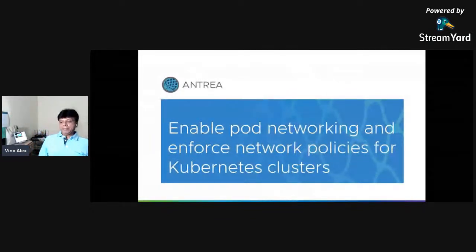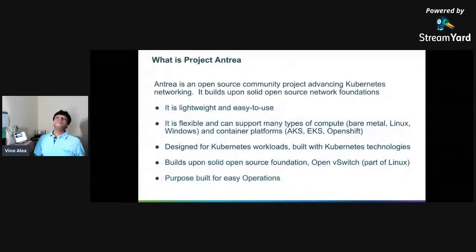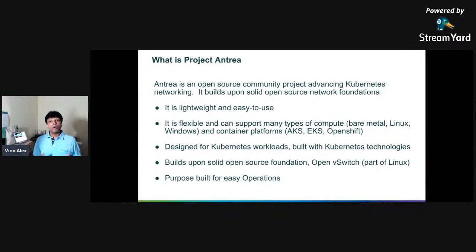So what is Project Antrea? Project Antrea is an open source community project advancing Kubernetes networking. It builds upon a solid open source network foundation. You might have already heard about a lot of CNIs, like Calico, like Cilium; a lot of CNIs are around in the Kubernetes ecosystem.